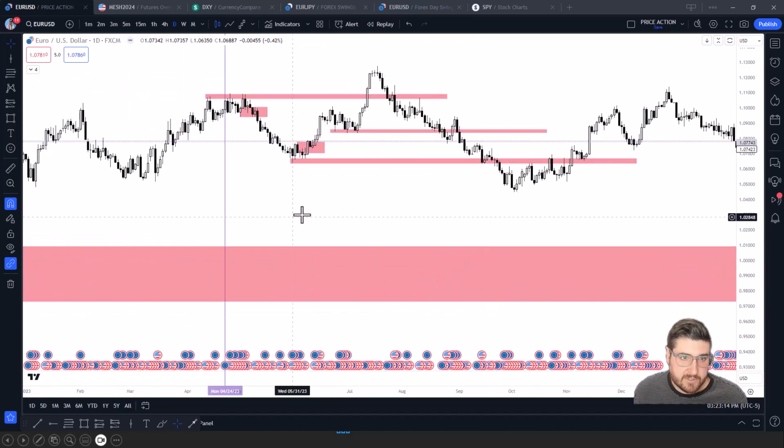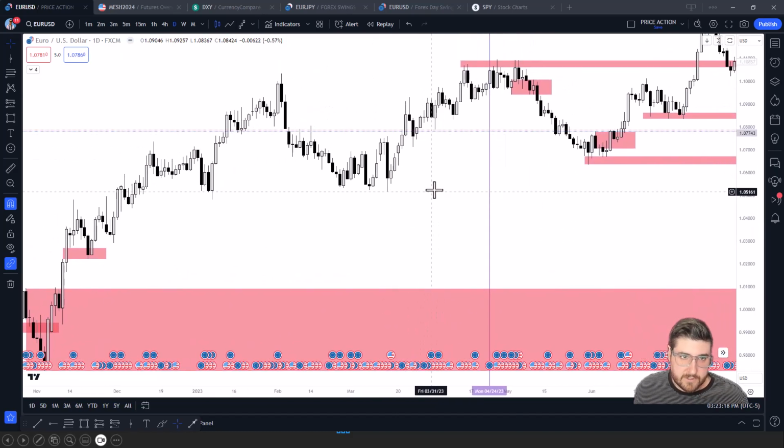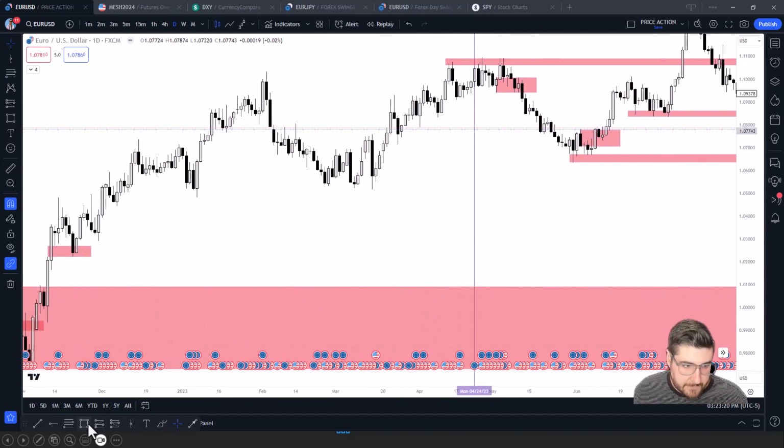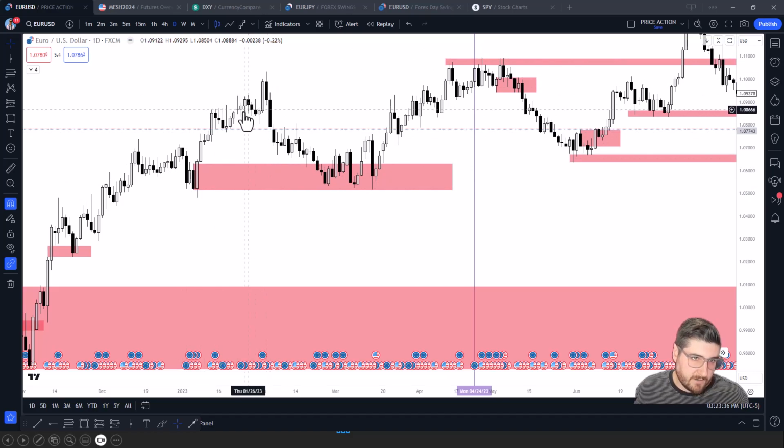Another example, let's find one. So you could see here, price came down, went up. So this could have been an order block, right? If price did keep going past this up, but it didn't. And it created this last low candle before it went up. So once price started coming back down, we could say either this fair value gap or this order block will